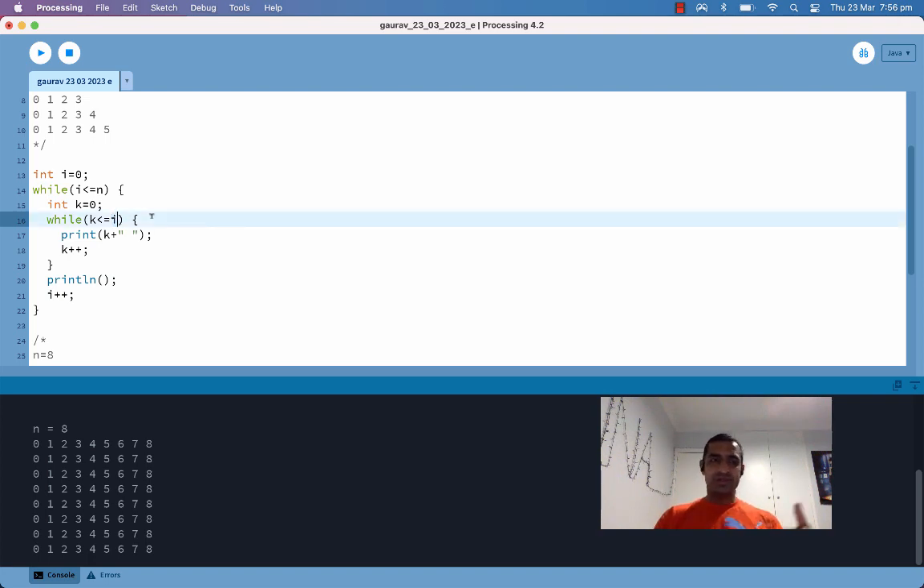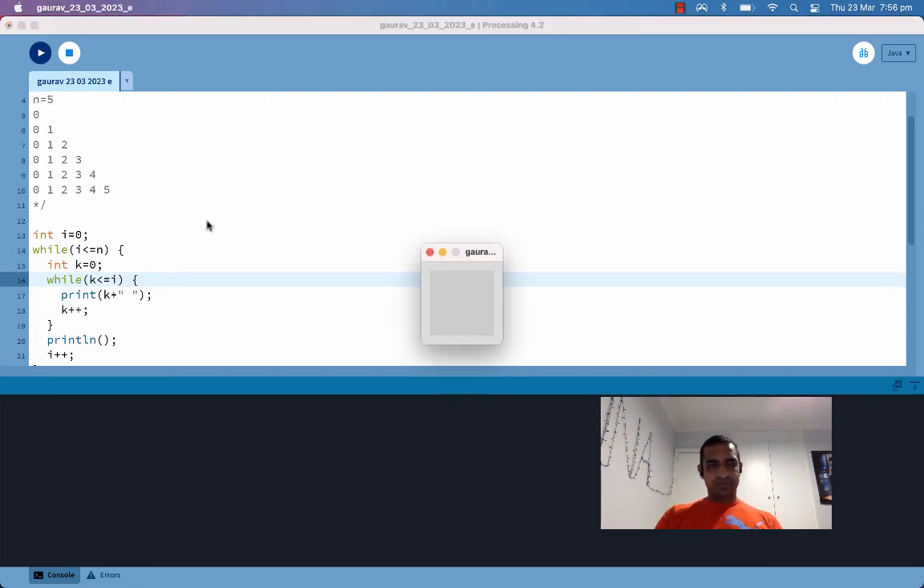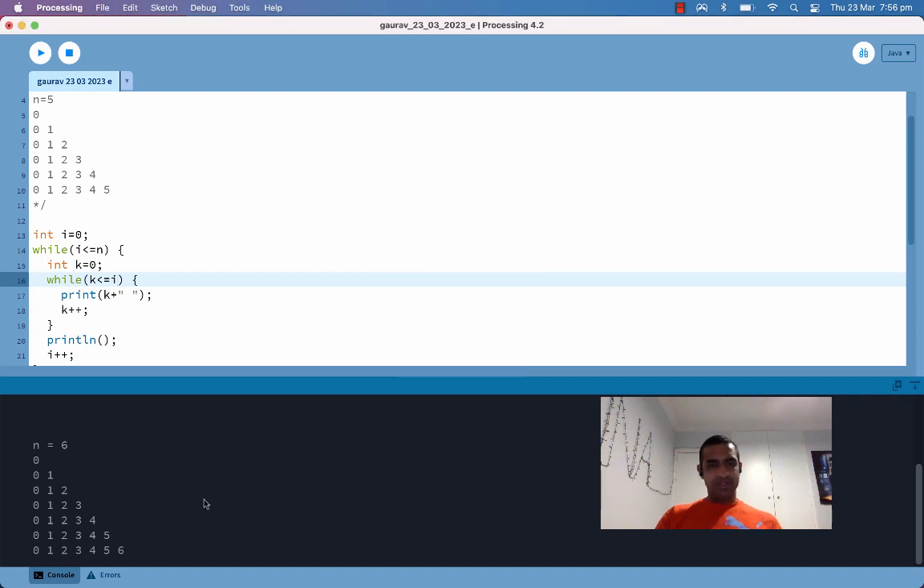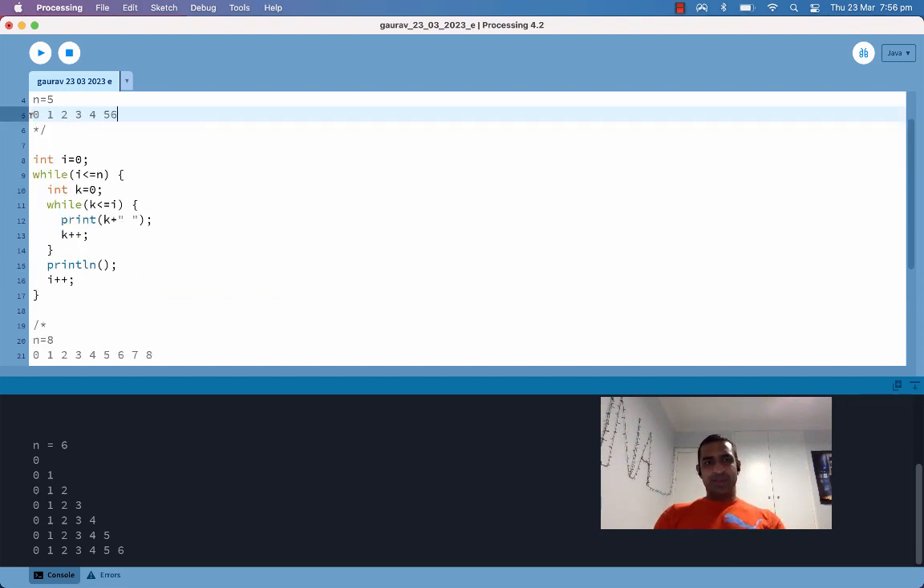As i increases, the number of times my inner loop executes will also increase. So when I run this, for n equals 6, I'll get 0, 0 1, 0 1 2, and so on and so forth. If I'd like to display a decreasing pattern,